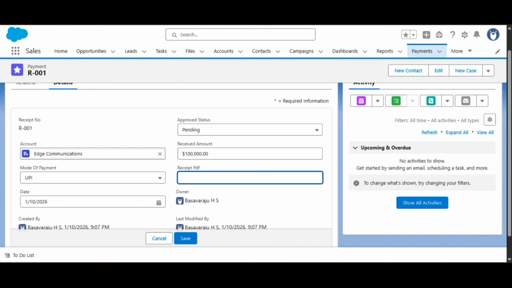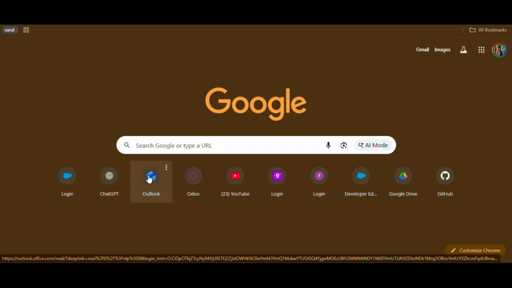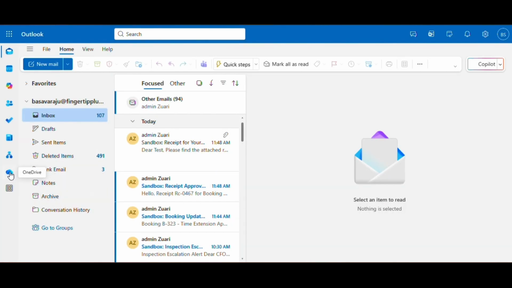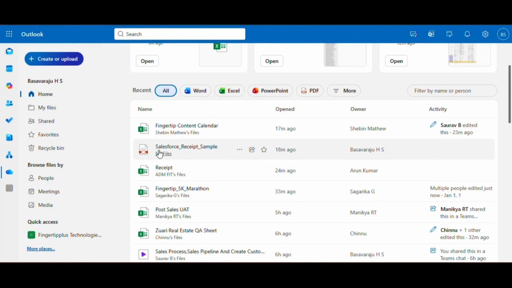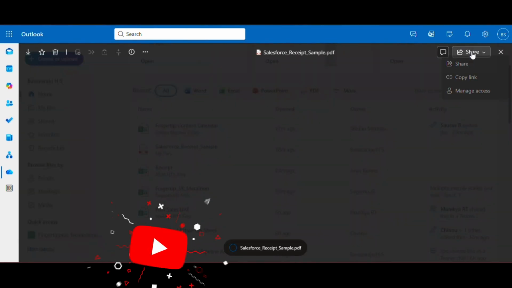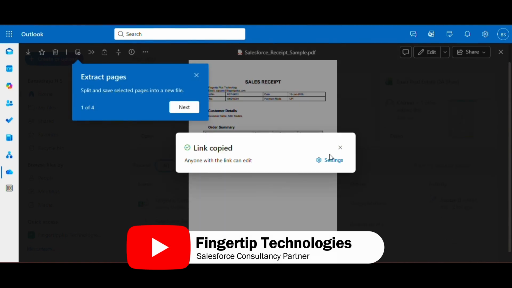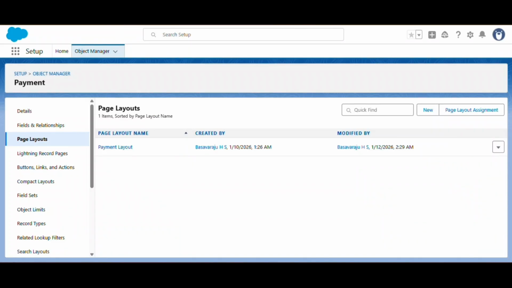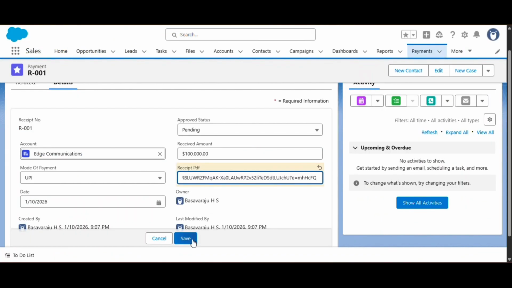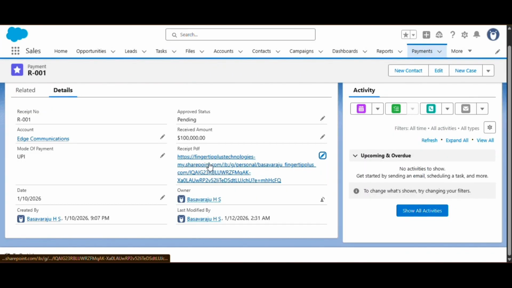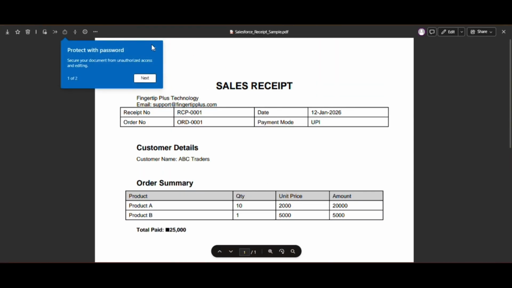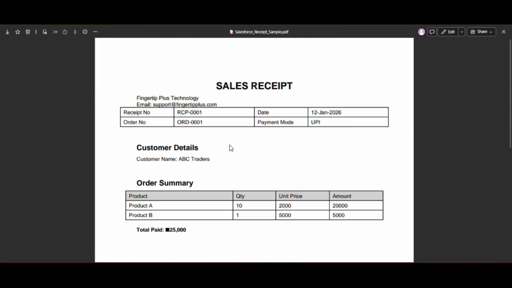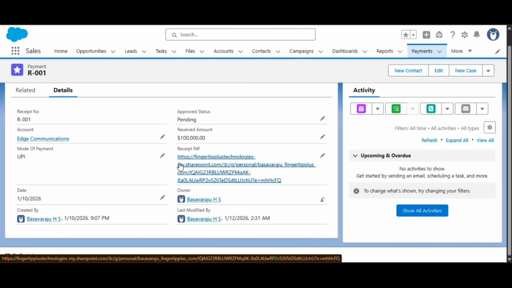To test it, I will copy a receipt PDF link from OneDrive, paste it into the receipt PDF field, and save the record. Once saved, clicking on this link will automatically open the receipt PDF in a new browser tab. This is how we can create and use a custom URL field in Salesforce to improve accessibility and streamline user